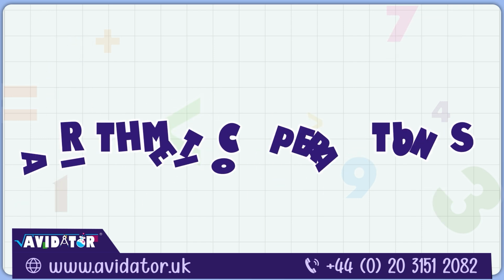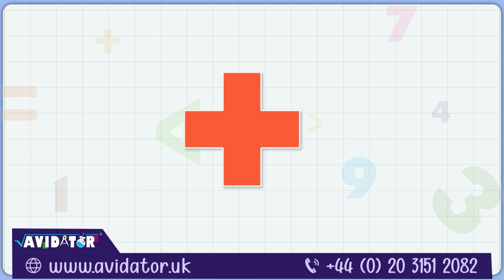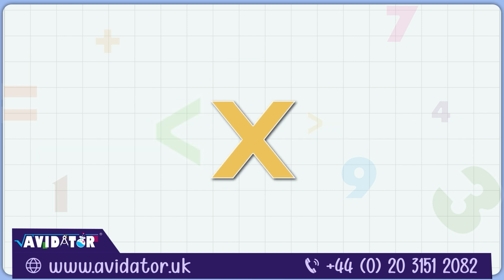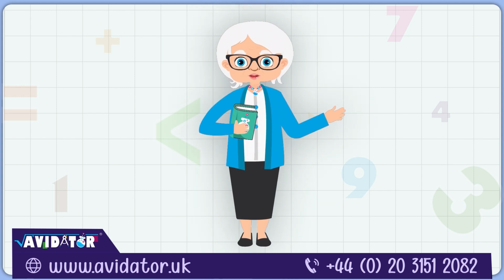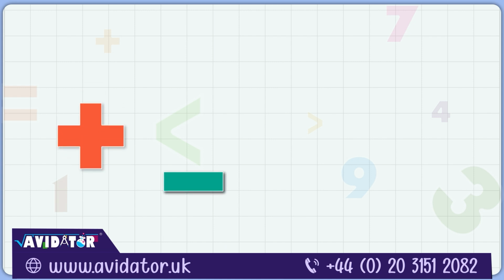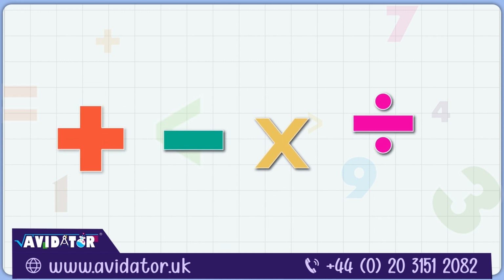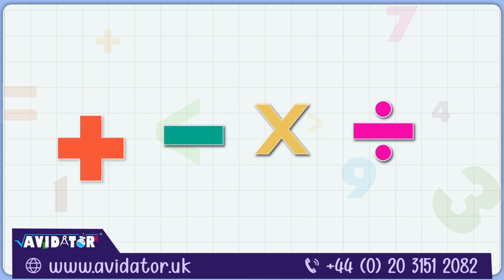Exams. Today, we're diving into arithmetic operations. These are the basic calculations we use in almost every maths problem. Let's break them down so you can approach them with confidence. Arithmetic operations include addition, subtraction, multiplication, and division. These are the building blocks of maths and come in handy in everything from solving word problems to working with